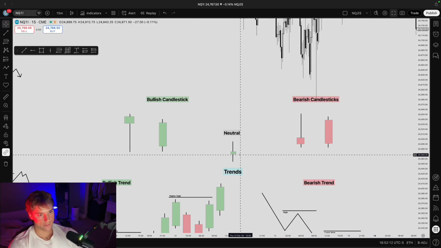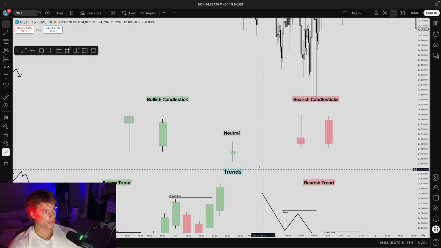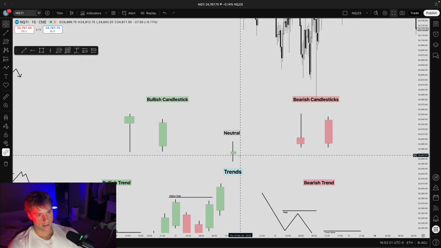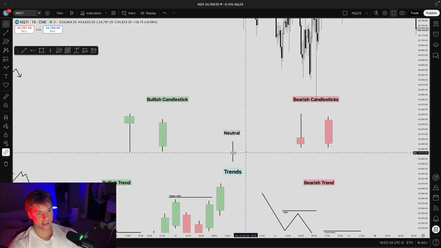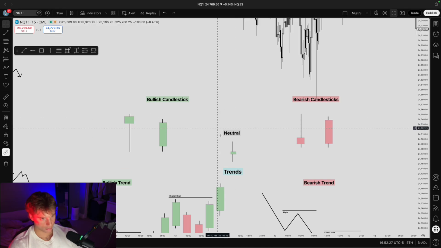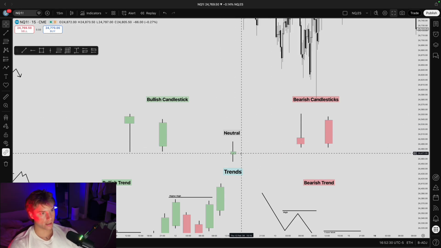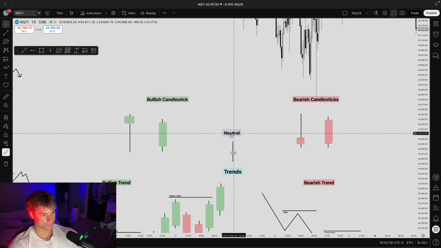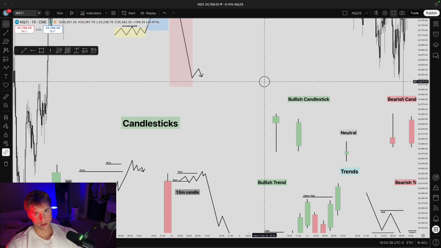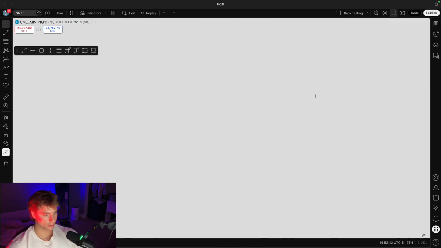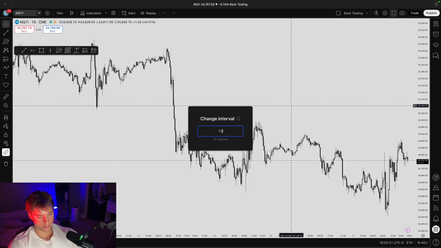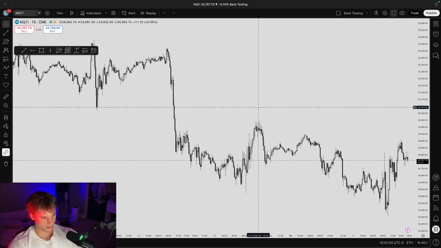Now, when you see that there's a very, very small body, so if you think back to what I said, the body is the actual middle of the candle that's colored, and the two wicks on each side are equal, that is a neutral candlestick, meaning it is not saying it's going to be bullish, and it's also not saying it's going to be bearish. It's very neutral. So if we go and look at this in real, actual candles, we can see different types. So going deeper into candlesticks,